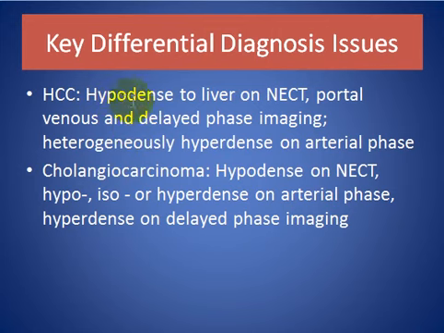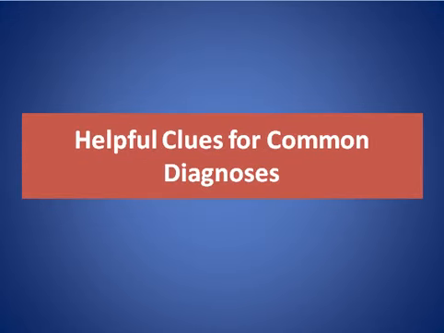Hepatocellular carcinoma, hypodense to the liver on non-contrast enhanced CT and portal venous phase and delayed phase imaging. Heterogeneous hyperdense on the arterial phase. Cholangiocarcinoma, hyperdense on non-contrast enhanced CT, hypo-, iso- or hyperdense on arterial phase, hyperdense on the delayed phase of imaging. Helpful clues for common diagnosis: